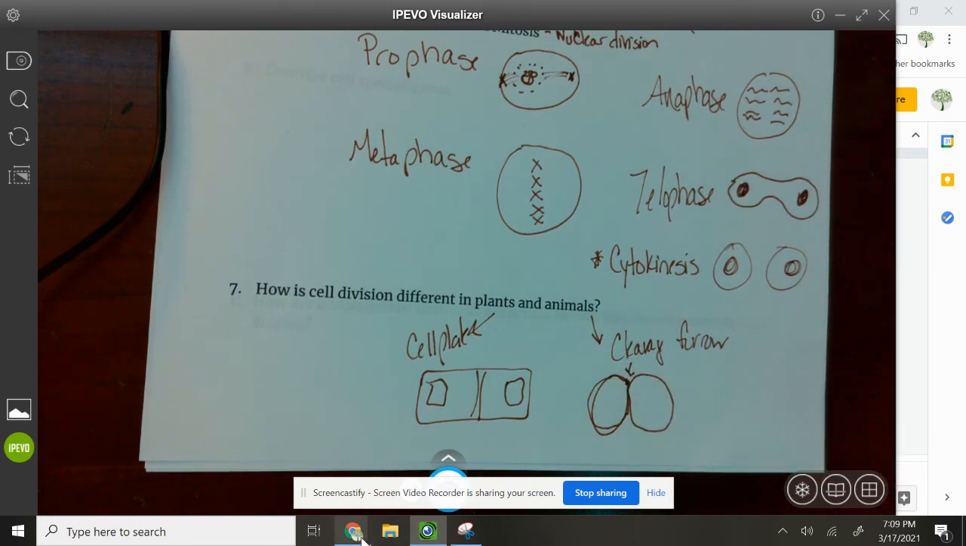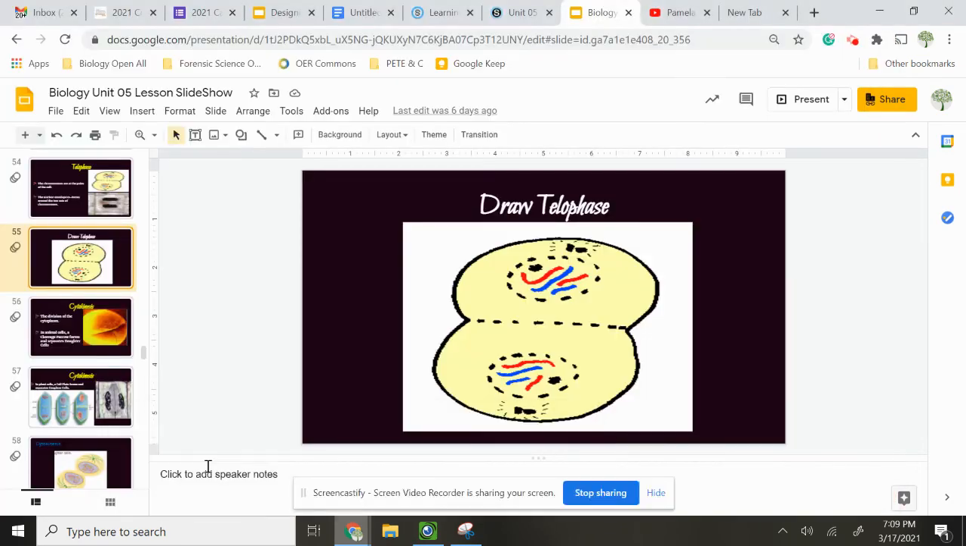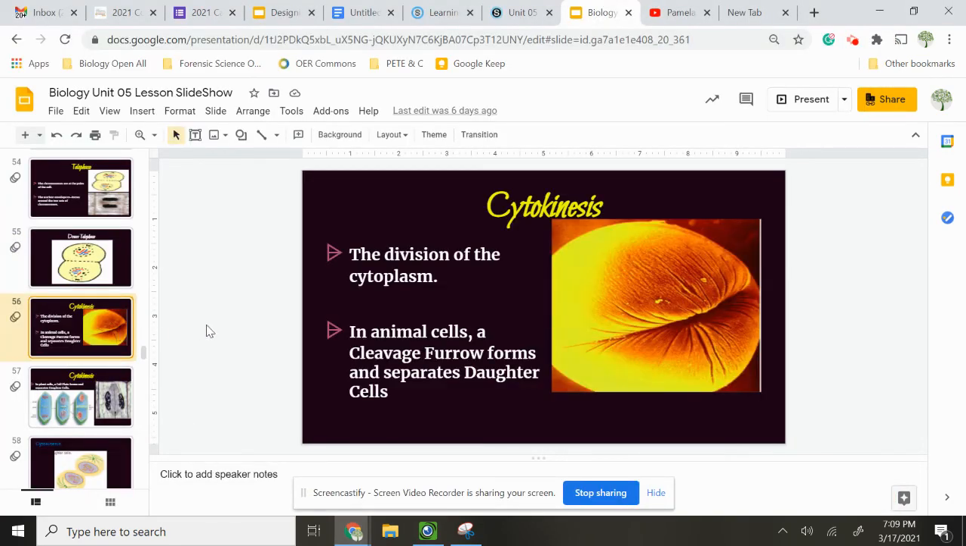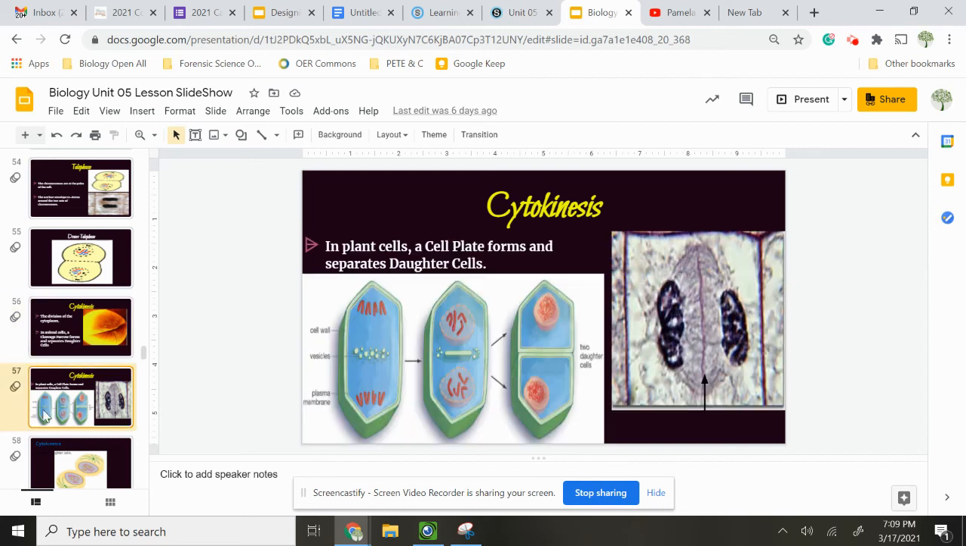Back to the slideshow. Yep. There she is. Great. And then cell plate. Cell plate, that's what happens in plants. Little vesicles form. We're going to start to divide the cytoplasm so you can get two new cells. There you can see that occurring in our onion root. Nice, clean